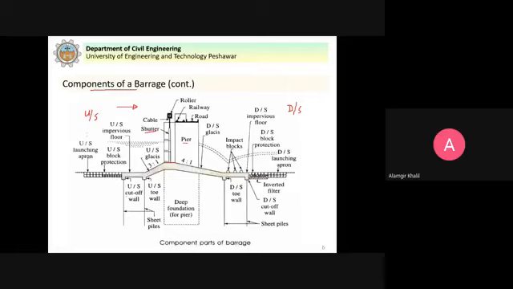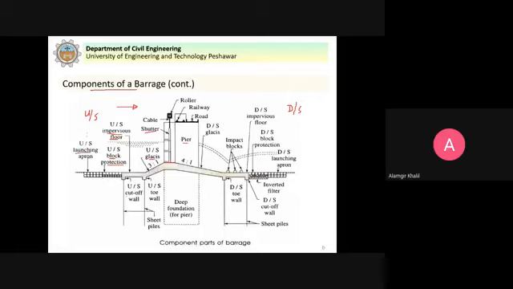Then we have the upstream glacis. Glacis is a gently sloping surface here. This is glacis. Then we have this impervious floor, the upstream impervious floor. This is the block protection. So these are protection works against the erosion.